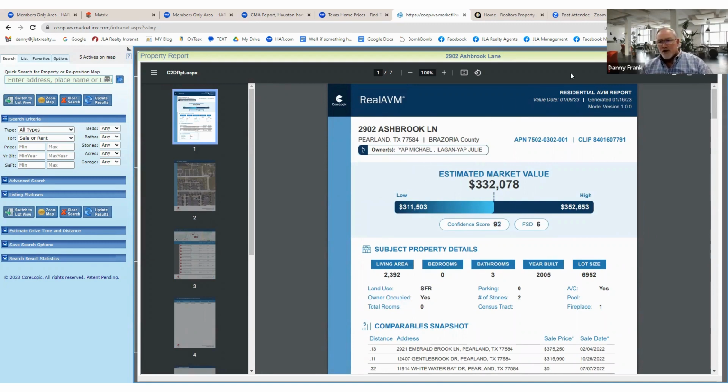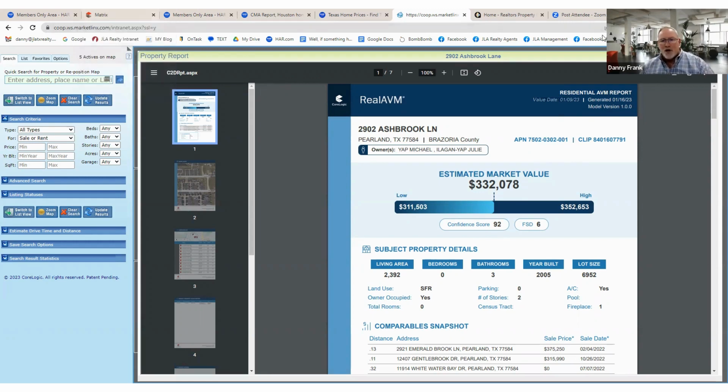I want to show you something here too. This one was, look, the value date was 1/9 of '23. So it's just a couple of days old. Today I'm recording this video on the 16th of January, so you'll understand the value is very recent. And has that price maybe dropped a little bit since then? Maybe, but not that much. So we're just going to go with that price and we're going to go from there. I'm going to again move this over to here so y'all can see where we're going.